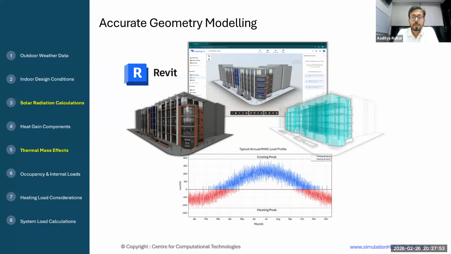From an interoperability perspective, Buildings AI provides options to import your building model from Revit. So we have direct support from Revit. And if you have an AutoCAD Architecture model, that also you can import. And we have a plugin, as Praveen told. We have AI agents which can extract your geometry from PDF and convert it into a Revit model, so that you don't have to